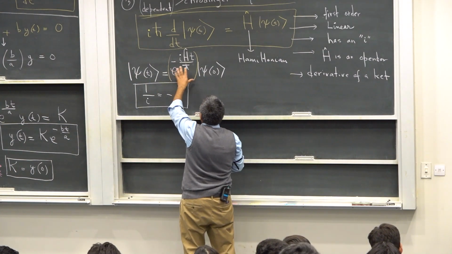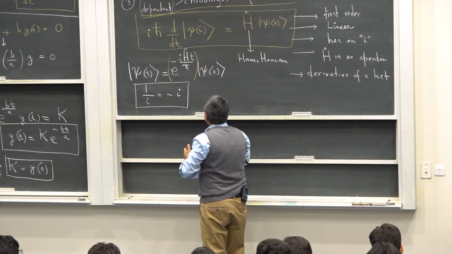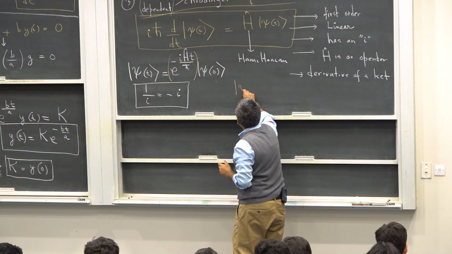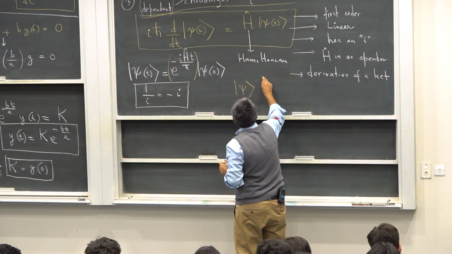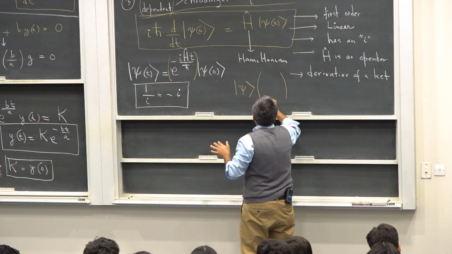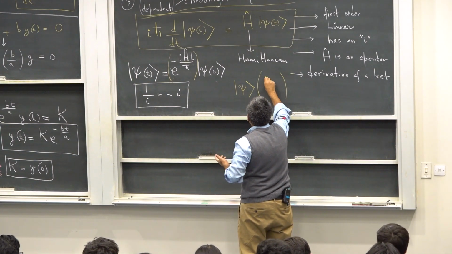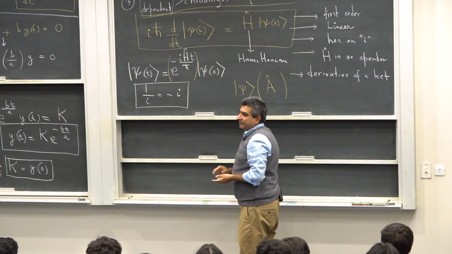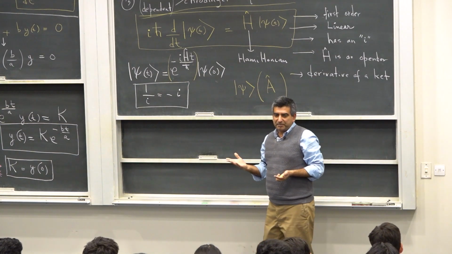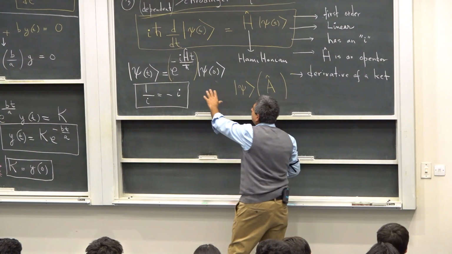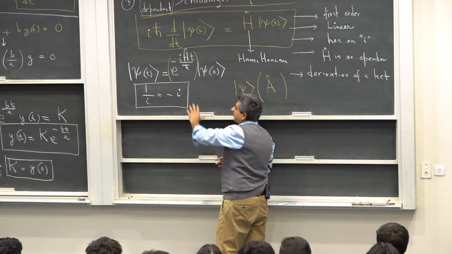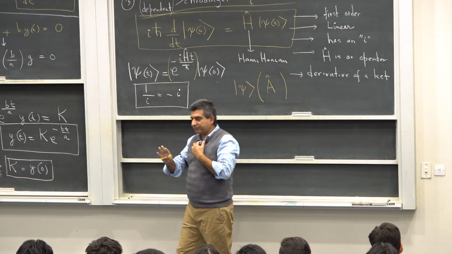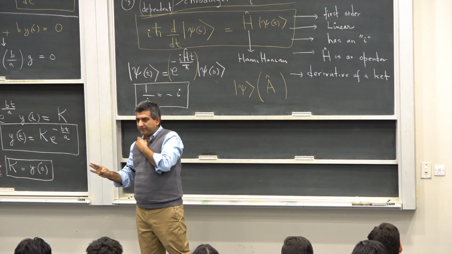This operator must act on a ket. So it's impossible to have a scenario like this, ket psi being multiplied by any operator, because this is a matrix, this is a column vector. They will not even be compatible for multiplication. So an operator always acts on a ket from the left. The operator has to be written to the left of a ket.